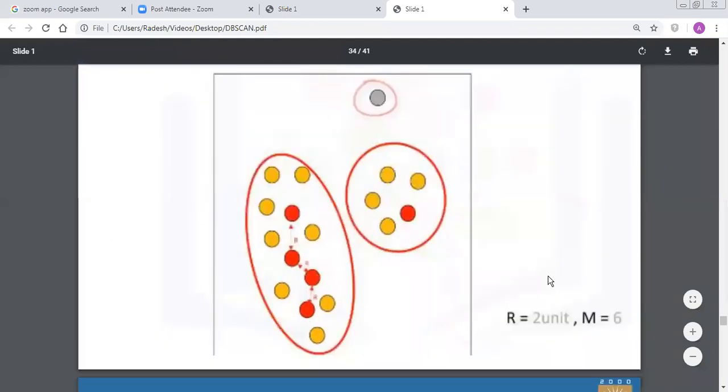So now I have grouped them into clusters. You see, this is one cluster, this is another cluster, and this is another cluster. So we have 3 different clusters, and we are not making this outlier a part of any of these clusters. It is left isolated as a separate one because it is the noise.